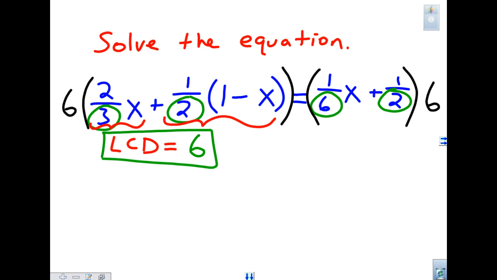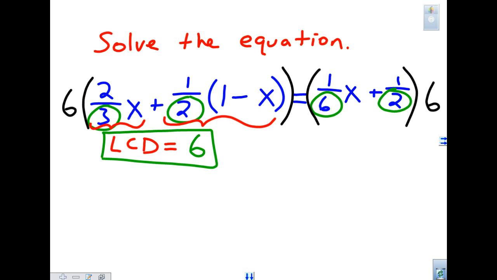And just like we did in the previous example, we are going to have to distribute the 6 to the left-hand side and to the right-hand side. Now this one has a little bit of a tricky situation in that on the left-hand side, it's very common for students to want to distribute the 6 to the 1/2, multiply it to the 1/2, but also multiply it into the parentheses and distribute it to the 1 minus x. And you cannot do both because the 1/2 and the parentheses, 1 minus x, are all part of the same term. The 6 we're going to multiply by can only be multiplied